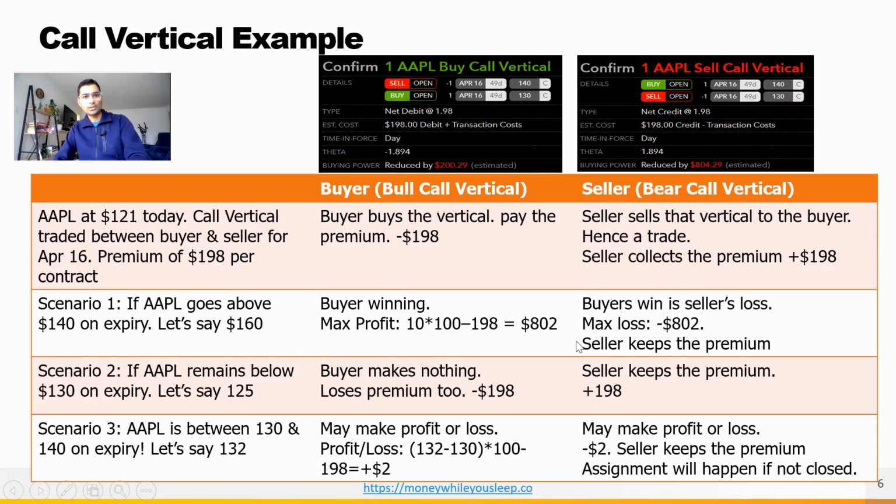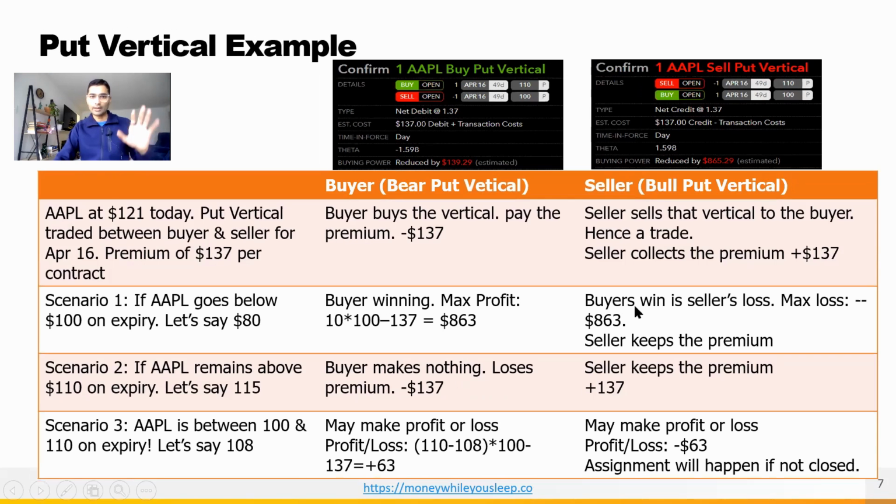All right. So let's look at the put vertical example. Again, same thing. I have tried to put an example where, with Apple, there is a buyer of a put vertical. If there is a buyer of a put vertical, he is going to be bearish about the trade. He is expecting that Apple will go down. And here he is expecting that Apple will go below 110, but he's also not expecting that it will go below 100. So he's putting a cap over here by selling a put. Okay. And this is helping him to reduce his premium.